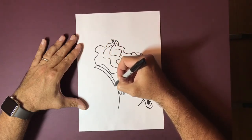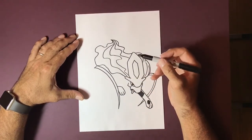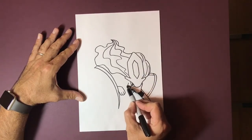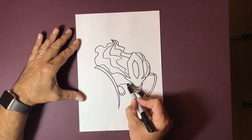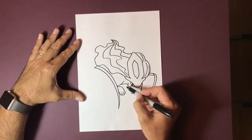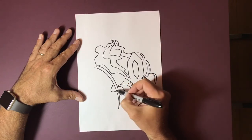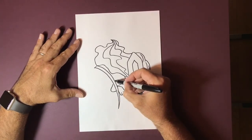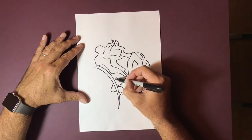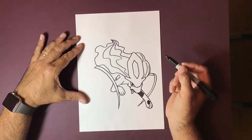Just trying to keep moving, keeping the pen moving, drawing from my shoulder to make sure that I'm as accurate as possible without stopping and starting and getting a juddery line. Okay, so coming from just above this cheek here to there, we're going to draw a line across, which is going to be, I guess it's the leg coming out from this shoulder area here, and then we've got the elbow of this paw coming into that area there, and there's almost a diamond shape pattern on this shoulder area there,